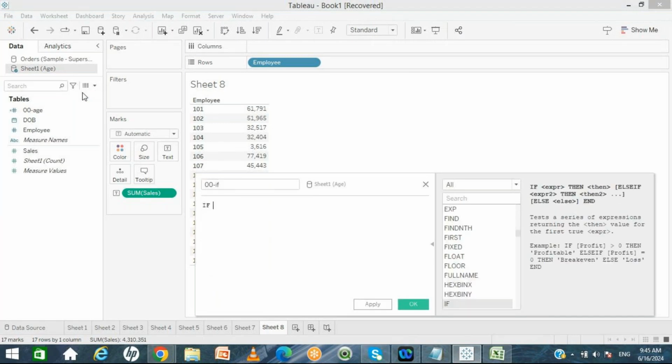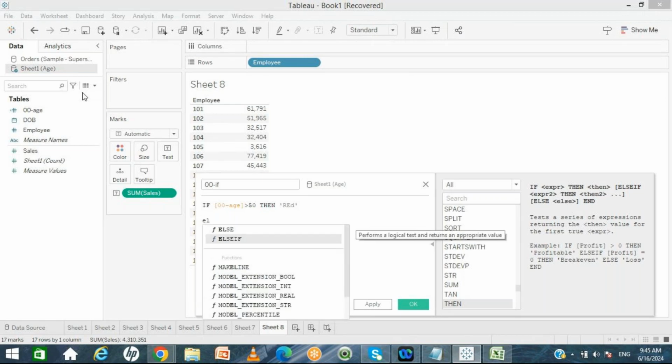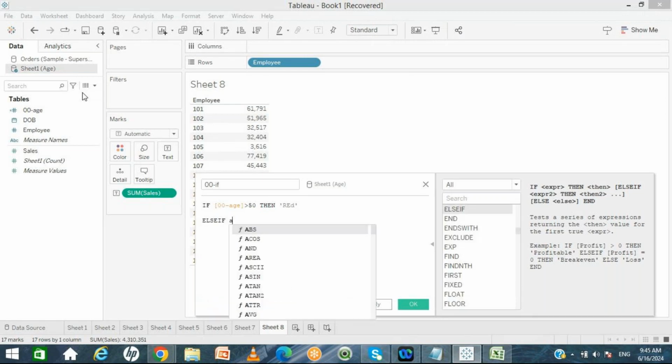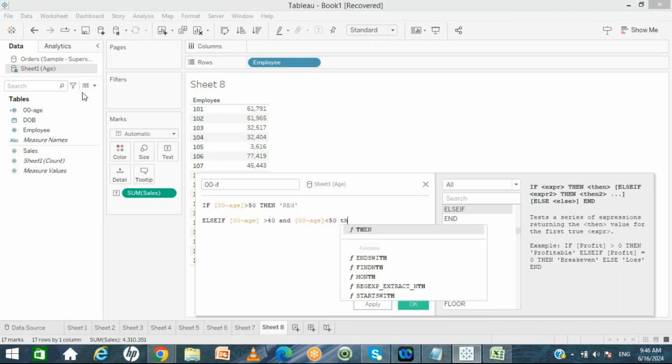It is important, the if statement. In the if statement, just mention the condition. If the age is greater than 50, you have to specify the result in the then statement, like a red color. Else, else if I'm checking the second condition, greater than 40 and less than 50, then